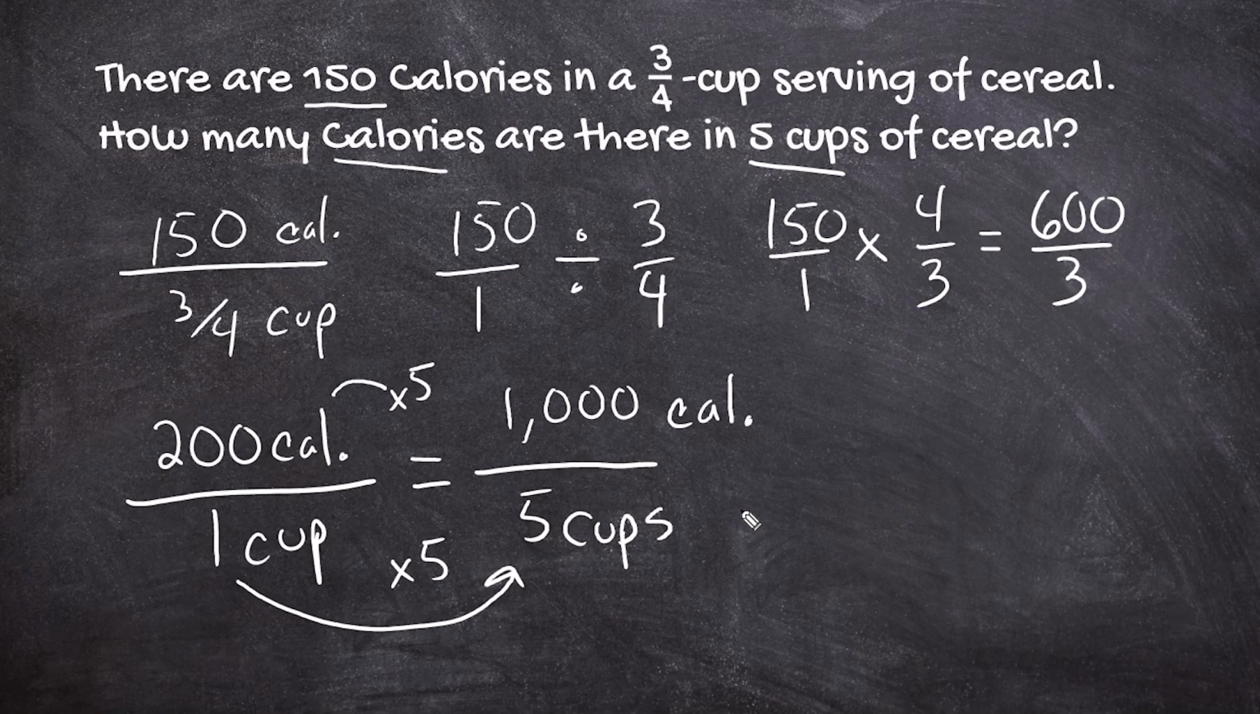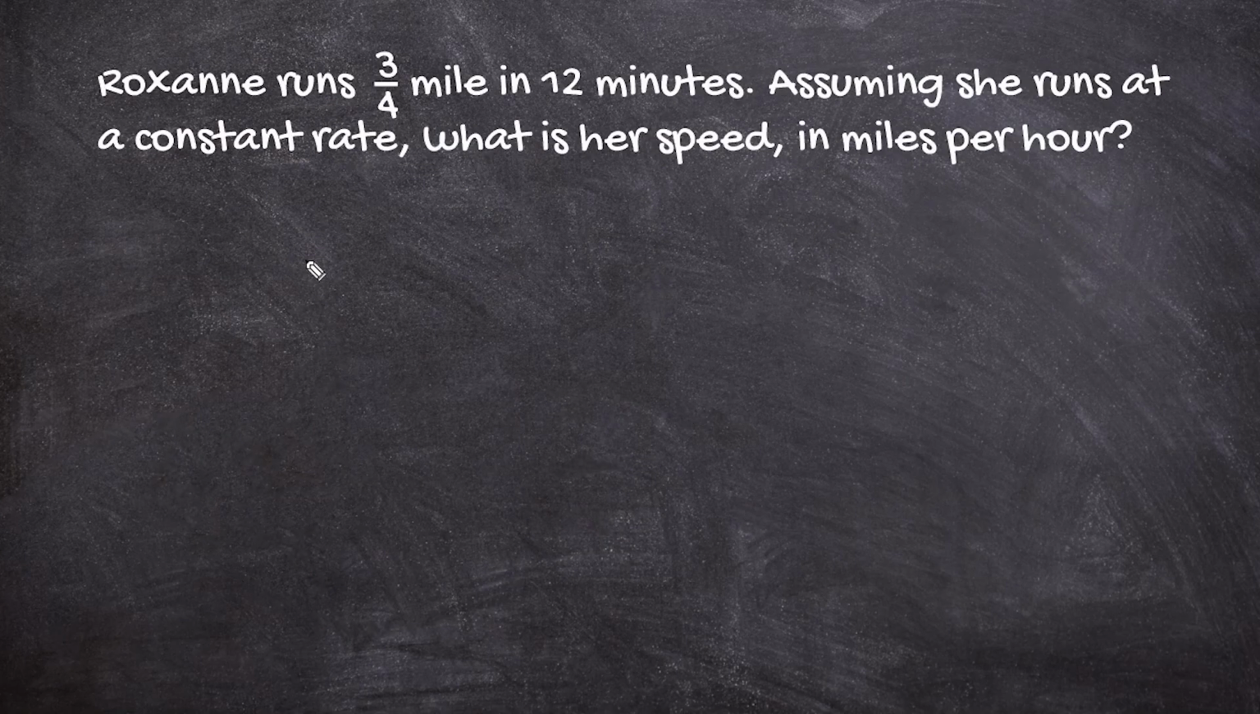All right, let us go ahead and do another example. All right, this problem reads that Roxanne runs 3/4 of a mile in 12 minutes. Assuming she runs at a constant rate, what is her speed in miles per hour? All right, so the given rate in this problem is 3/4 of a mile ran in 12 minutes. And we have to use this rate to determine how fast is that in miles per hour, which is a